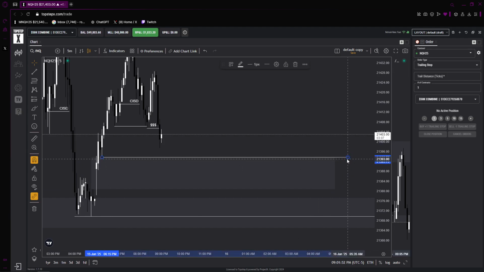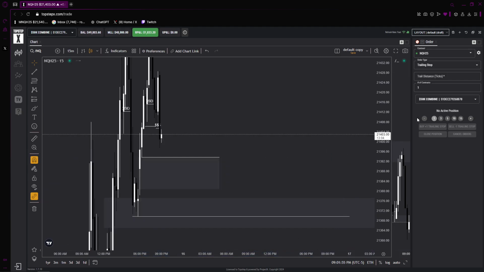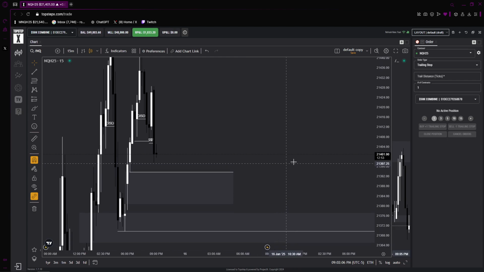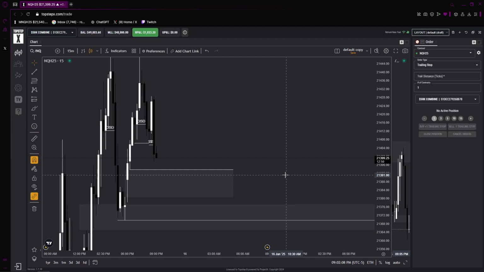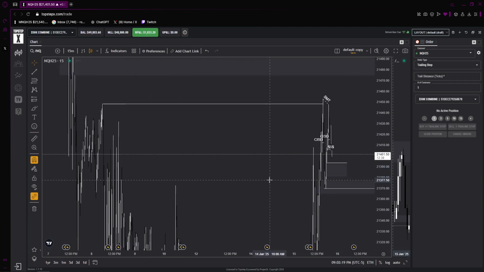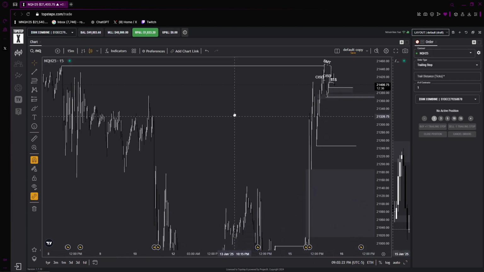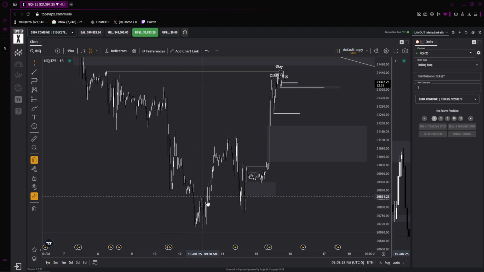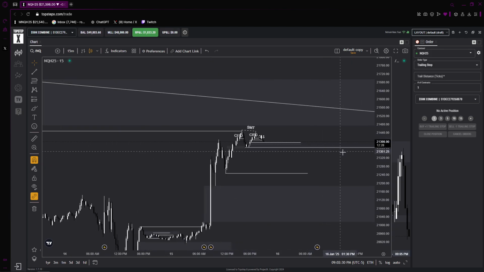Why? Where are we going on the higher time frame? What is this upon market open? A fair value gap. So why do markets move? Hunt liquidity, rebalance to inefficiencies, rebalance to equilibrium, or generate liquidity. What are we doing? What did we do before? We were hunting liquidity, which is up here, this whole entire liquidity down here. We were hunting liquidity as well as